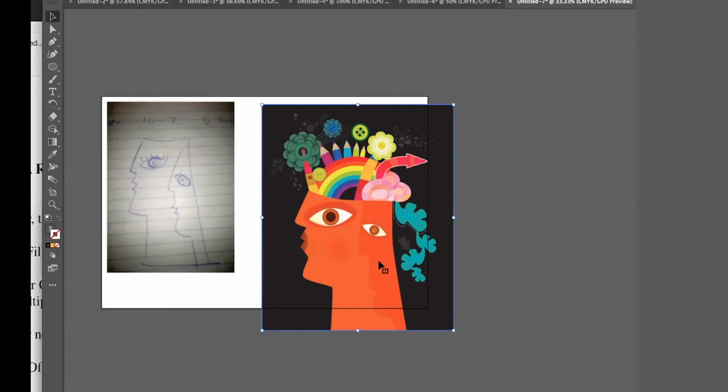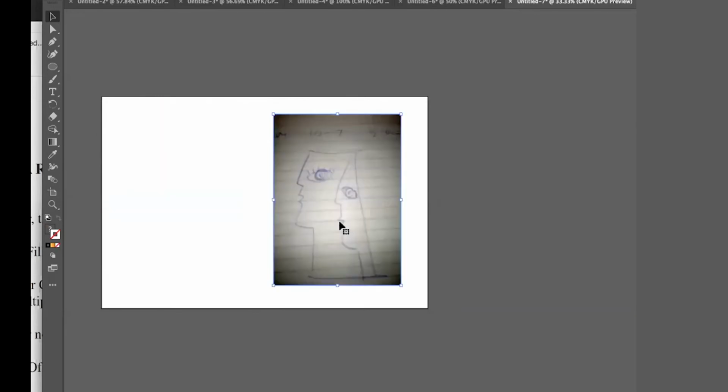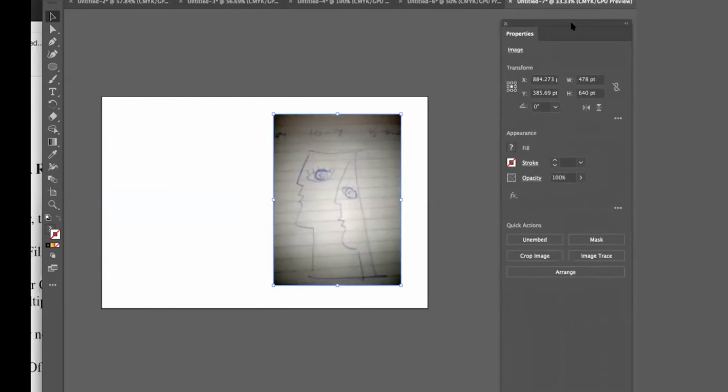I'm going to get rid of this. So the point of this is you can do sketches and bring them in to your computer and then place them in Illustrator and use them as templates. So I'm going to bring out the layers panel, actually, is what I want to bring out. To make this into a template,